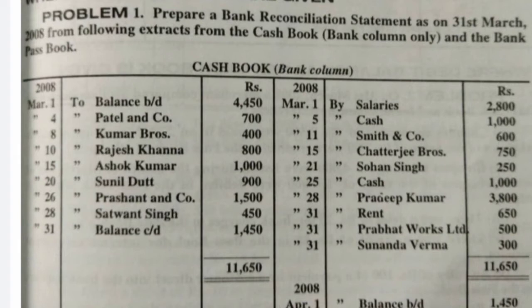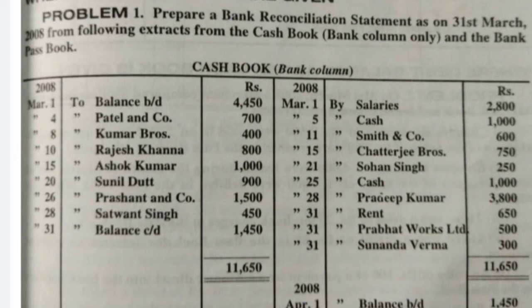Next, Kulwant's next, Prashant and Company. It is getting cleared in the month of April in the passbook, so it is also a BRS item. It is also on the receipt side, so it should also get added to the overdraft balance as per cash book. If anyone is having doubts, please raise them in the comment box. Okay.